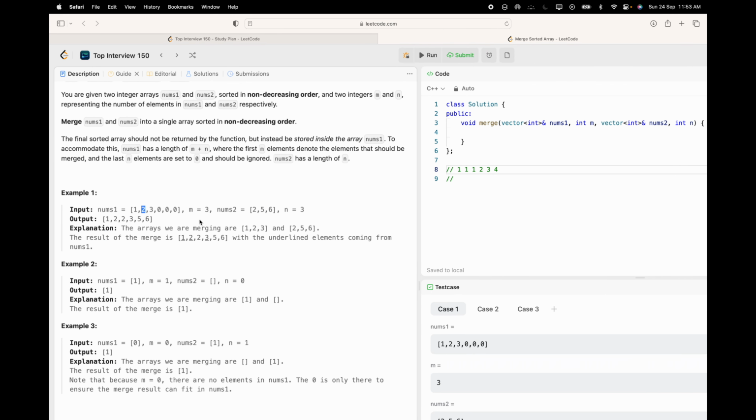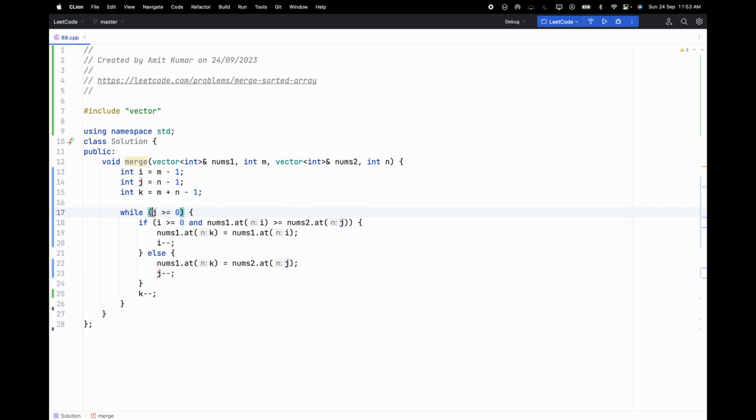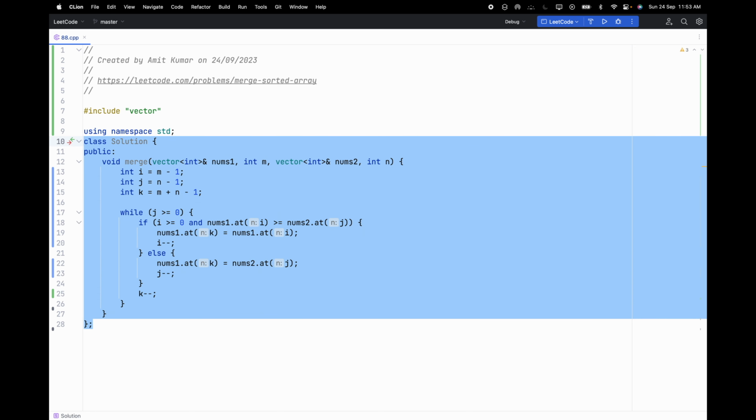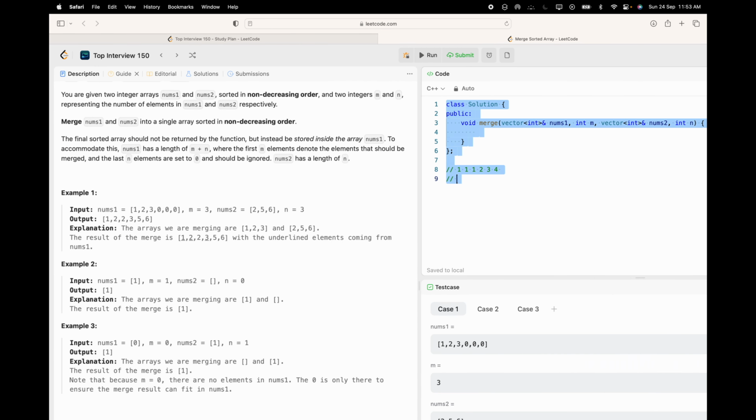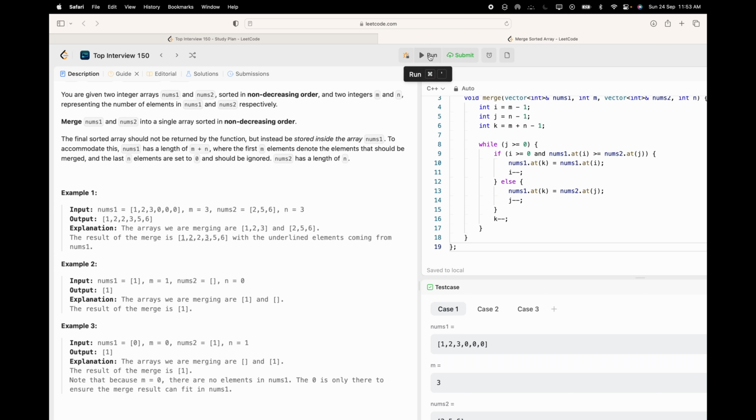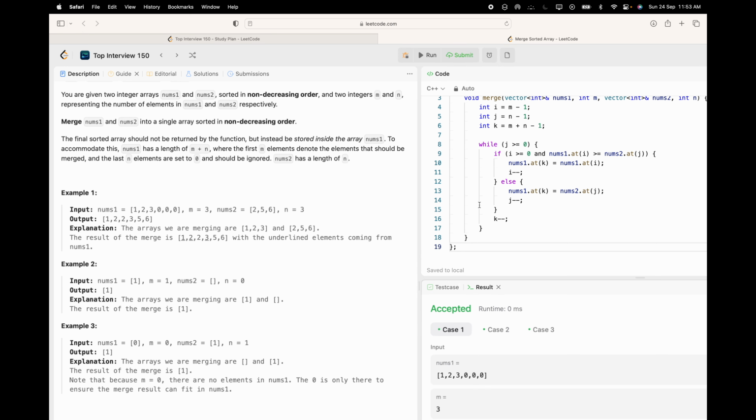This array will be automatically exhausted, because that's the condition here. We are not going to exit this loop if we are not exhausting this array. And let's try to submit this particular solution. So the test case is passed, and let's try to submit it